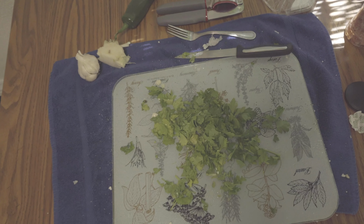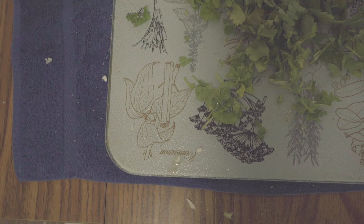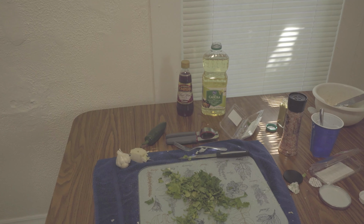Chop your cilantro up real small like that. Chop up your parsley like that. Chop it up together. Then we're gonna take this garlic,